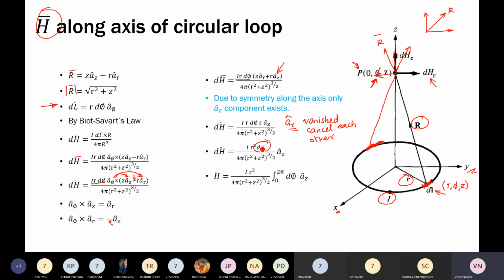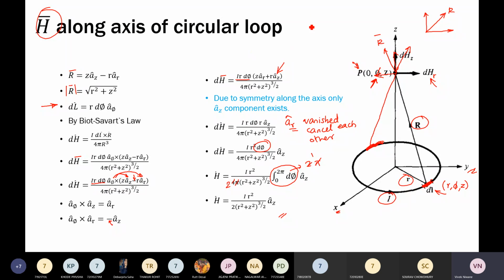We have only dφ, so everything else is constant, and the limits of dφ are 0 to 2π always. Putting it into the formula, we have I r² upon 2 (r² + z²) raised to 3/2 into a_z cap. Why? Because the value of this integral was 2π. So π gets cancelled, and 2 ones are 2 and 2 twos are 4, and we are left with this expression. Even though it looks weird, with r, z and everything,